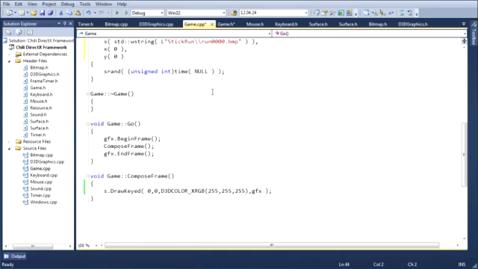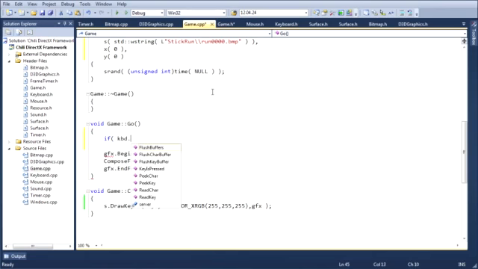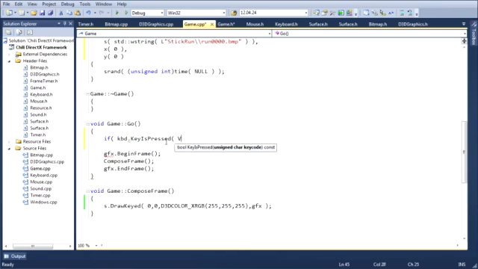And in here, what I want to do is, if keyboard dot keys pressed VK_UP,